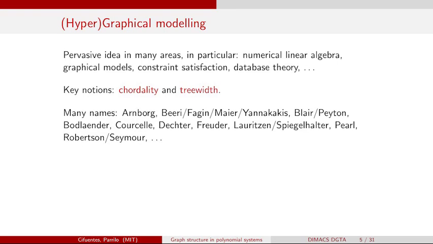Typically, if you want to describe a high-dimensional probability distribution, it's a huge object. So typically, you want to associate some kind of sparse structure to it, and sparse graphs are a nice object. Things like constraint satisfaction problems, in particular, or database theory, are areas where the kind of ideas that I'm going to discuss here have been explored in quite some detail.